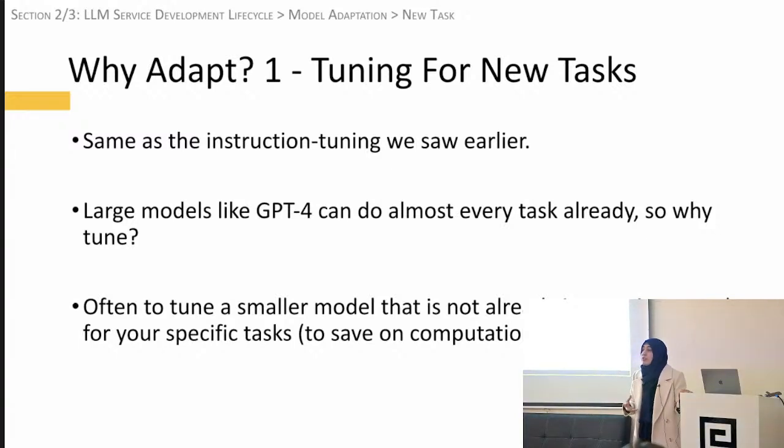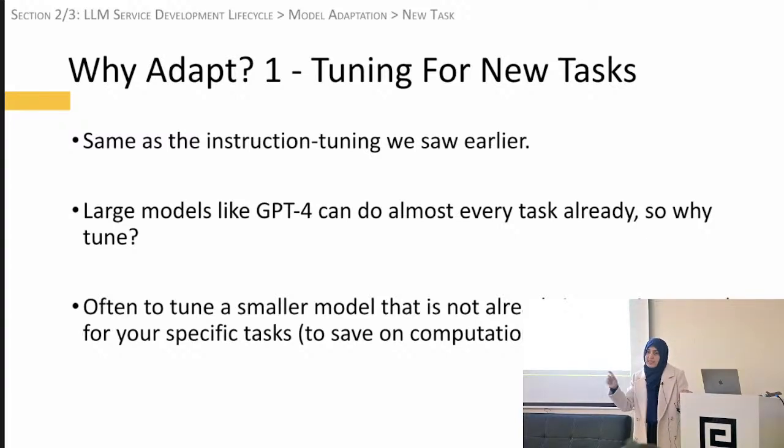Often it's to tune a smaller model. That's usually the most common reason for giving a new task capability. You might need to tune a smaller model that has a lower cost and that doesn't have that capability that you need it to have. So for example, if I say to GPT-4, grade my student's essay based on this criteria, it'll probably do a really good job, right?